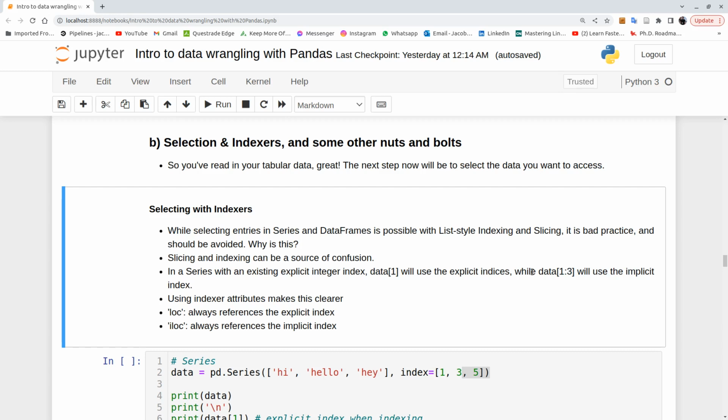And the way that Pandas deals with this confusion, and to make it slightly clearer for people, is providing indexer attributes. There are two main indexer attributes. There are some other ones that you can read about in the documentation, but for the main practical purposes of this course, there are two that you will use a lot. There is the loc, standing for location, that always references an explicit index. And then there is the iloc, or integer location, which always references the implicit index,